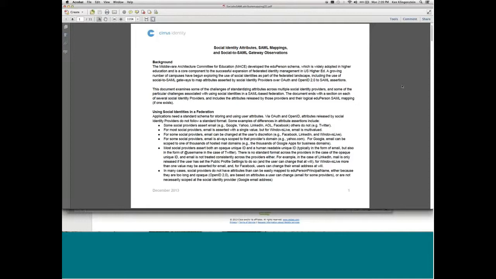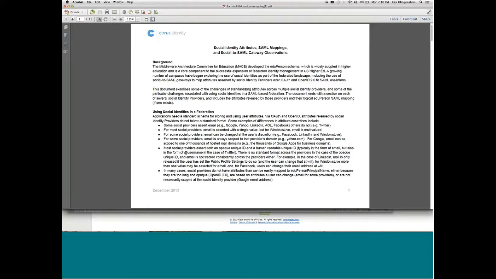It'll be up on our page shortly, but one thing to take away is that the social identity providers typically do not provide fine-grained attribute release mechanisms. So as Jeremy said at the beginning, we may be having some consequence in them rethinking that position. They do not provide informed consent. I'll get back to that in a second. The Yahoo decision to recycle email addresses means that some of these attributes may not even be persistent, and there are certainly relying parties out there who have made the assumption that the identifier that shows at the door is always assigned to you, and if that is not the case, it changes a whole lot. So let me go back to the slides now